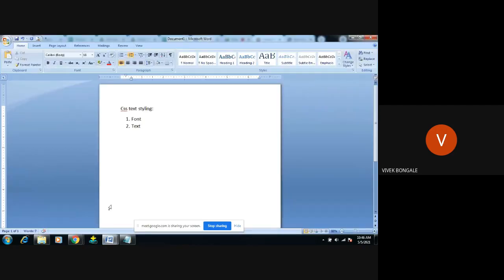For that we're going to see the two styles we can have, which are font and text, right? One basic thing is font family, font size, font style.